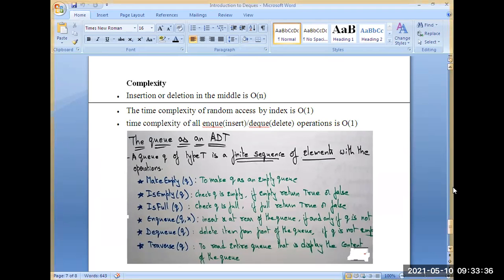We do not consider implementation here. We can only perform operations on the data by using the queue. Okay, clear students? So we just hide the implementation and perform operations on the data. That is called ADT.